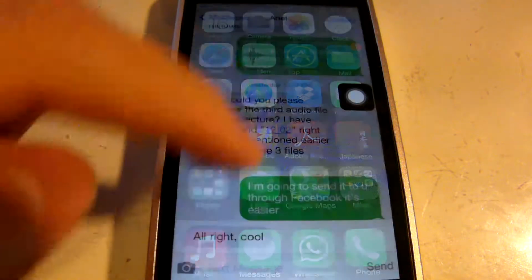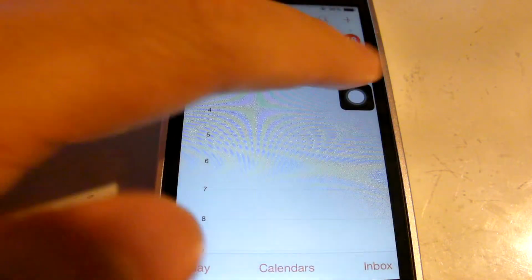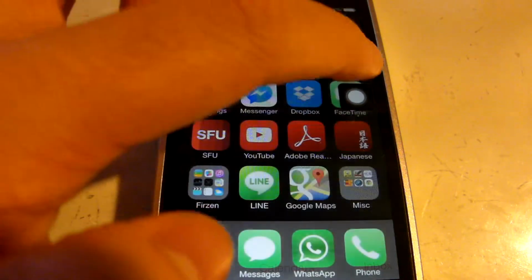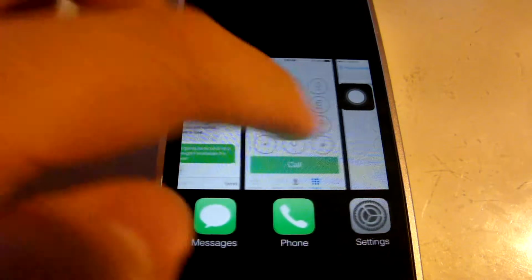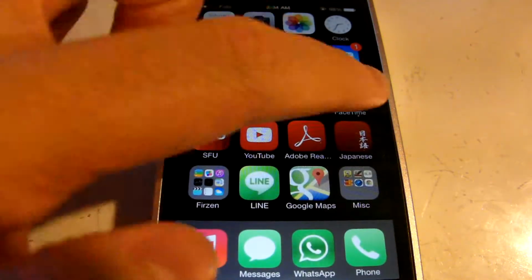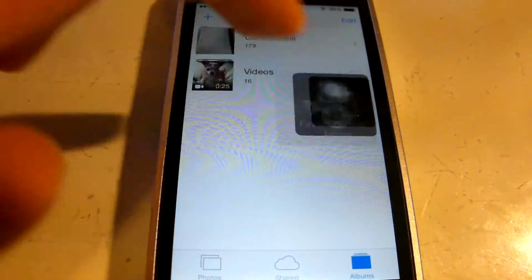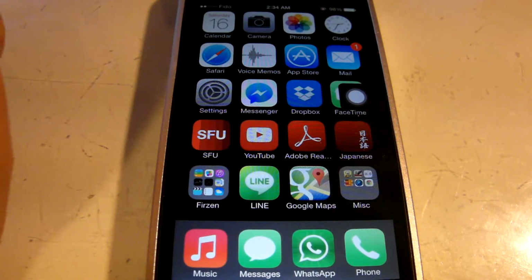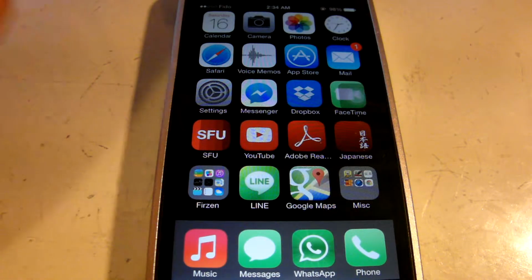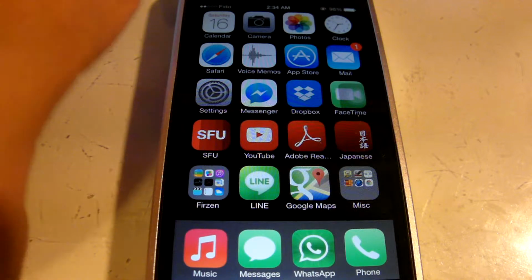Let me just give you a quick demo. As you can tell, especially when going back and forth between apps or even going to here, definitely things seem a lot smoother and faster, which is a relief. And that's one of the key things that I think would enhance your experience using iOS 7 a lot more. Now the second thing